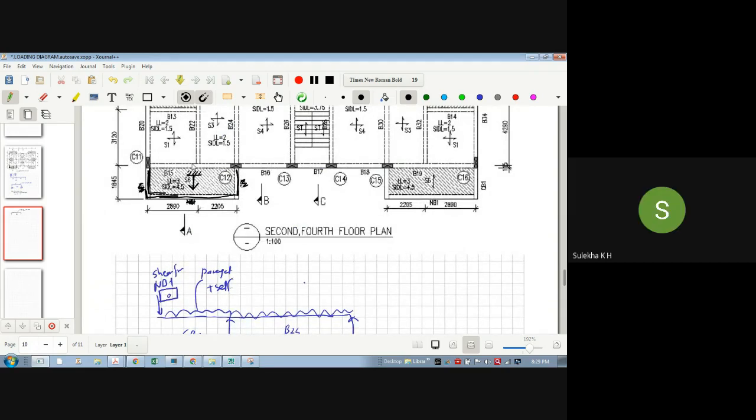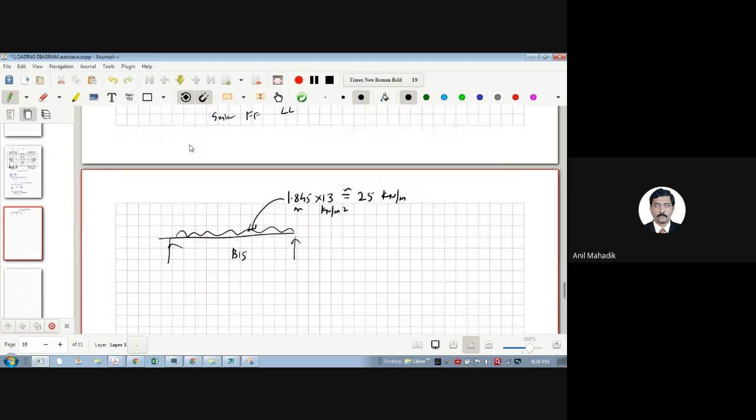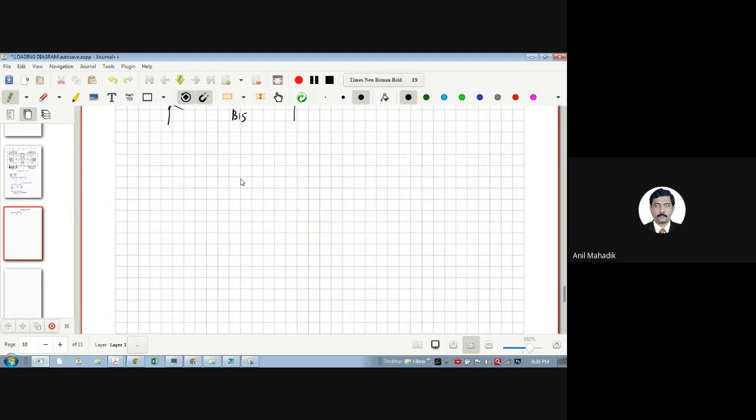Yes, sir. If you want to design the S6 slab, this was the load transfer on the beam. And if you want to design the S6 slab, then you need to calculate the bending moment. So what will be the loading diagram for S6? S6 का loading diagram कैसे है? So there is a fixed support here, यहाँ fix है ना मेरा. This is my S6. The span is 1.845,